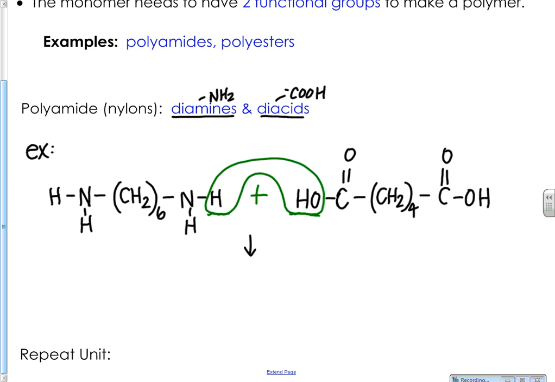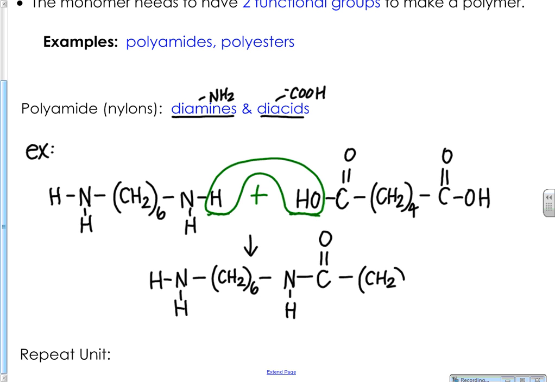So this will get pulled out, and everything else will smush together. So after they react, you'll end up with this on one end. And now where the N on the one functional group is, it still has its H, but now it's chosen to bond to the C of the other compound. And you still have this. Now we haven't created a polymer yet. We've created definitely a much bigger molecule, but we haven't created a polymer yet because this